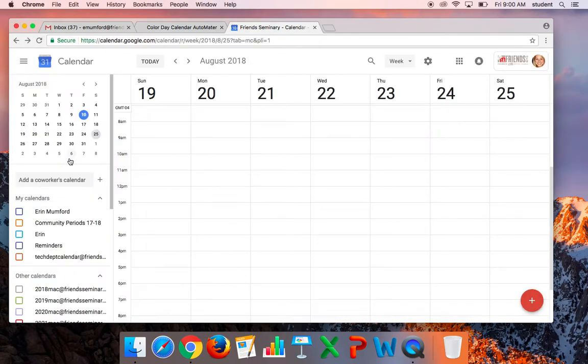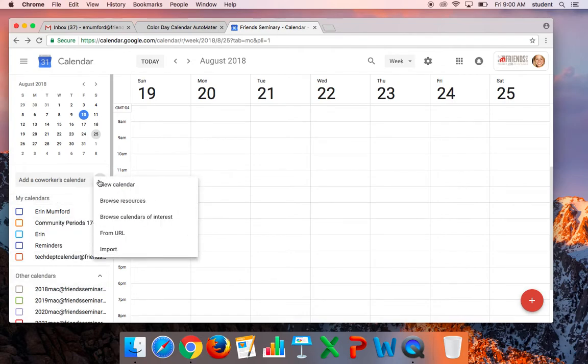In your Google Calendar, you have your regular calendar associated with your school Gmail or Google account, and any other calendars. I've linked my personal calendar, and you can add other calendars as well. So the first thing you're going to want to do, just to ensure that if you make a mistake you don't have to go and individually delete all of the appointments, is make a specific new calendar for